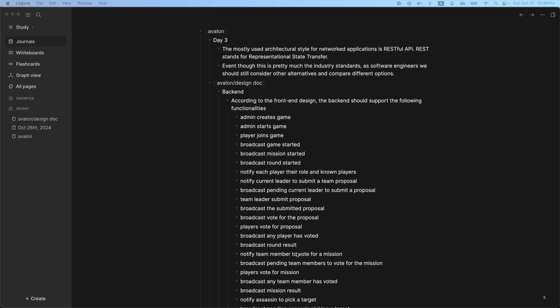And today, with the front end or client side figured out, we can finally think about how we can fulfill those requirements. So,